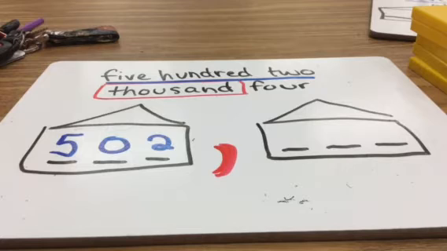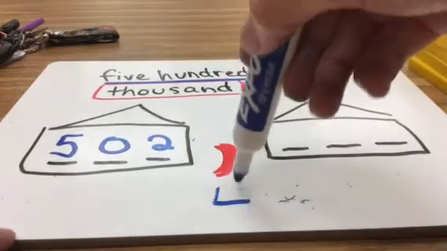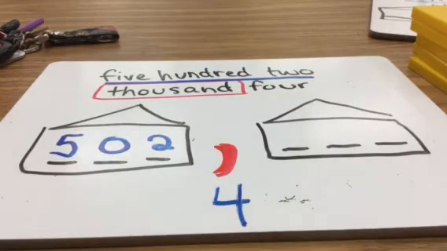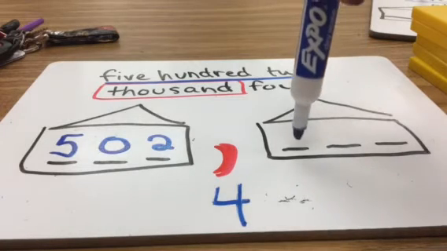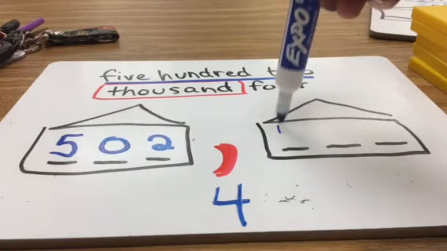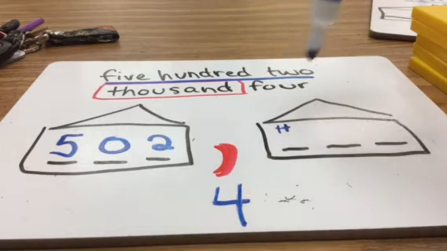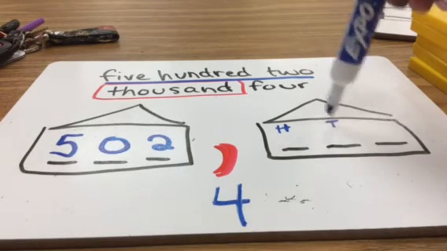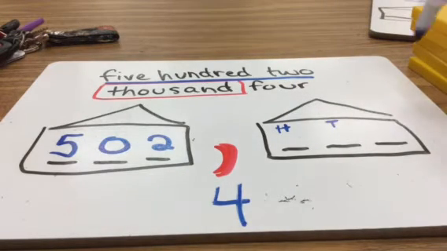Now, after the comma, after the word thousand, in my second chunk, I see the number 4. Well, I know I write the number 4 like this. But how do I put that into my house? Does the number 4 have any hundreds? No, it doesn't have any hundreds, right? Does it have any tens? No. Does it have any ones? Yeah, 4 ones, right? Can I just leave these lines blank? No,